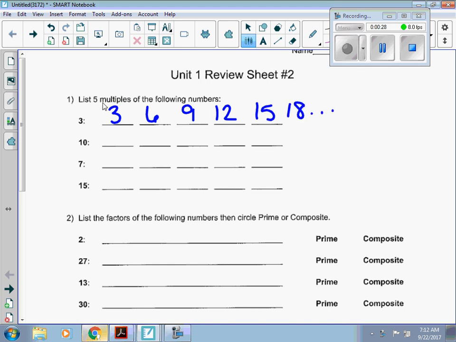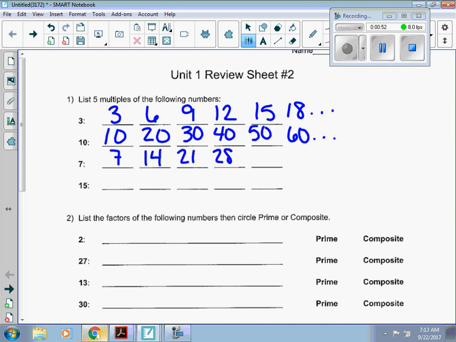You may have some written that I didn't there, because as long as 3 can get to it, it counts. We normally find it by counting. So for 10, we can say 10, 20, 30, 40, 50, 60, and so on. For 7, it can be 7, 14, 20, 28, 35, 42, and on. And 15 would be 15, 30,